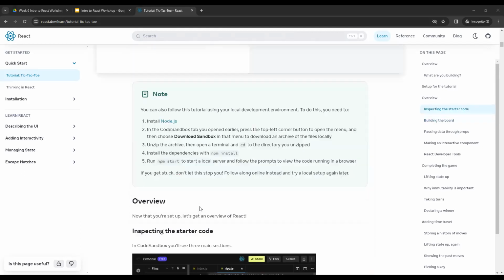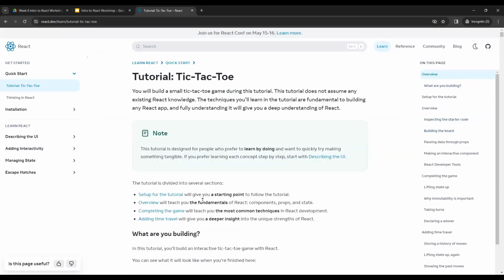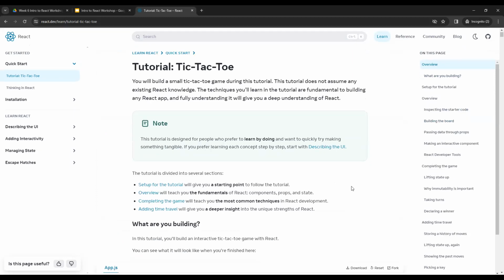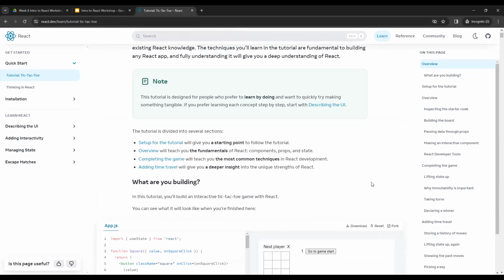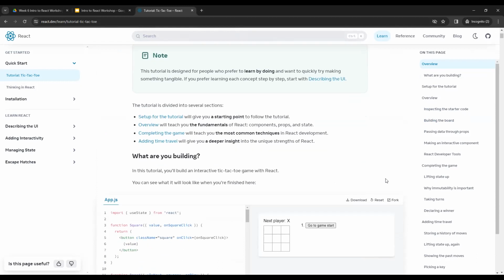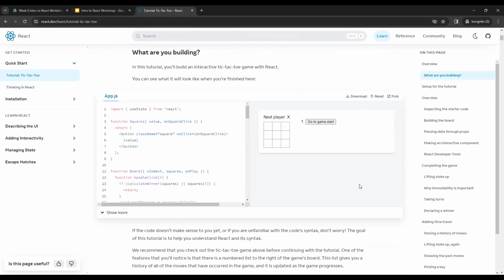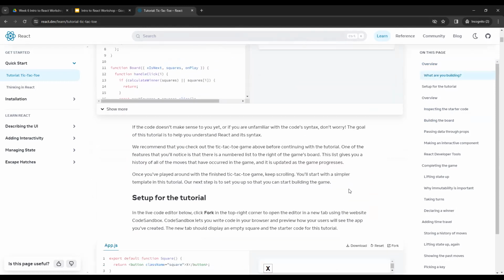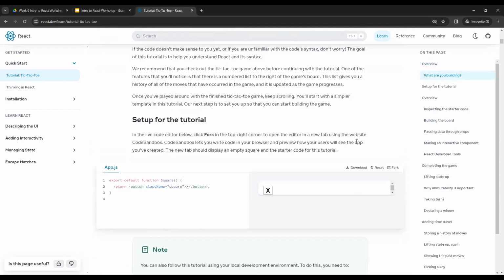All right, so I'm gonna go on the assumption that you guys don't have React installed, and because of that, we can use an online sandbox or online editor. To do so, if we scroll down past the what are you building, all the way to setup for the tutorial. The setup for the tutorial is a code sandbox that we would like to fork or make our own copy of. So in the top right of this sandbox page, we can click fork,